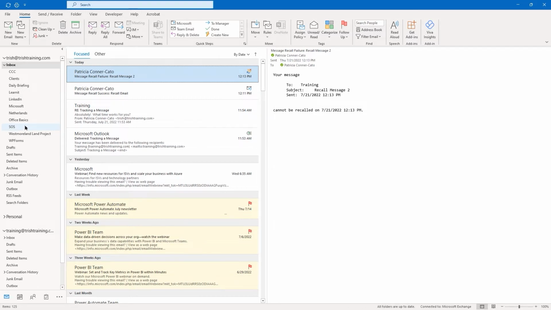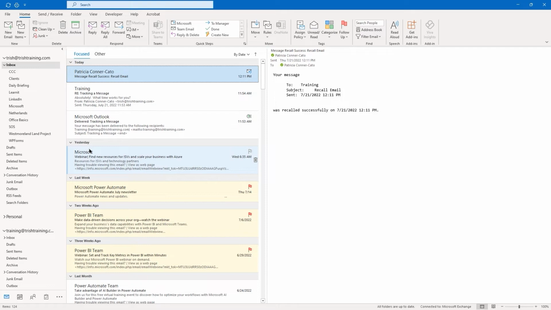And I am going to just move these message recalls and the delivered one. I'm going to move those to that folder, right? So I can select the first one and just drag and drop it on top of Office Basics.